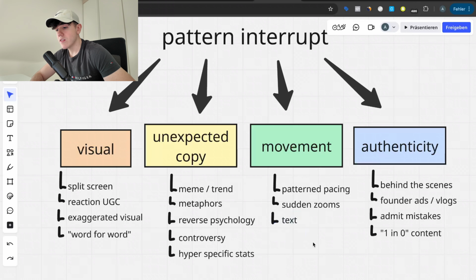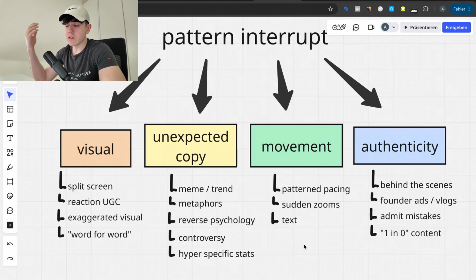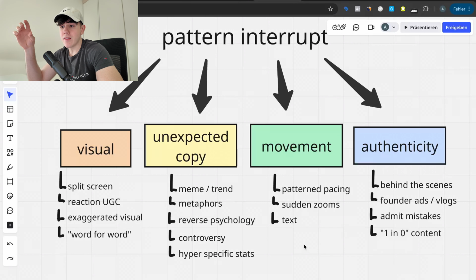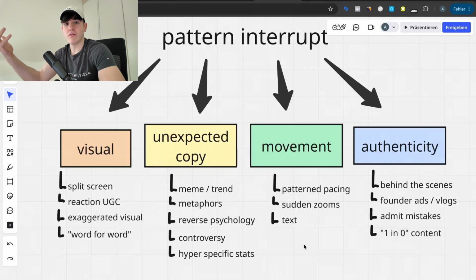And then last but not least here, the text, right? So movement on the text level. And this is specifically interesting for the VSL concept. So you have different ad concepts. One of them is VSL, which is the super long, super salesy type of ad that positions you as the actual brand selling something. If you have that specific ad concept, what you notice oftentimes is, okay, you have a red banner, and then on it, it's a super big yellow text or something, or oftentimes it's just super aggressive text with super aggressive colors,